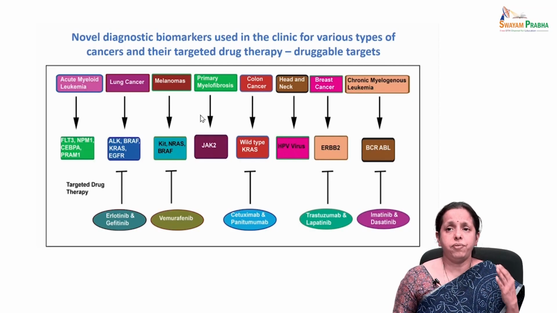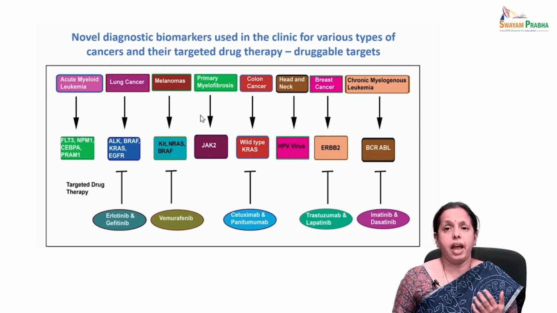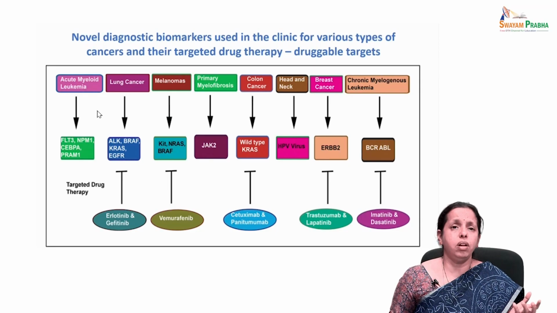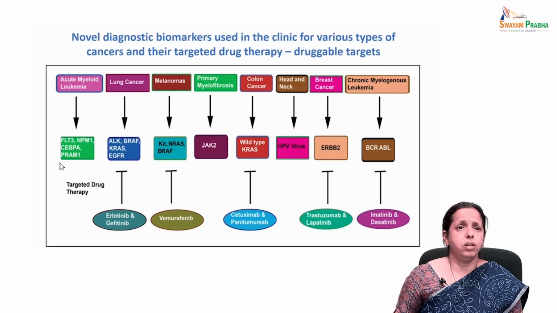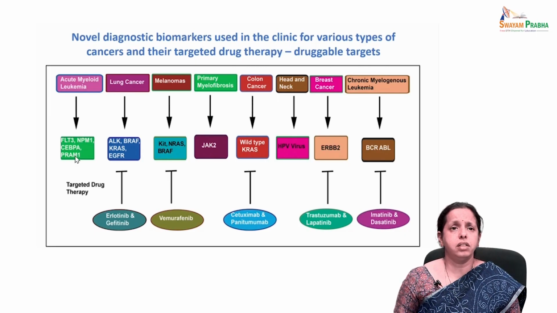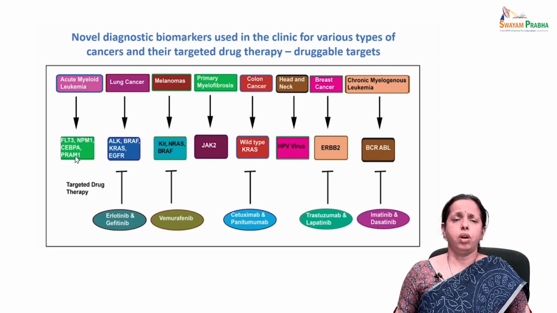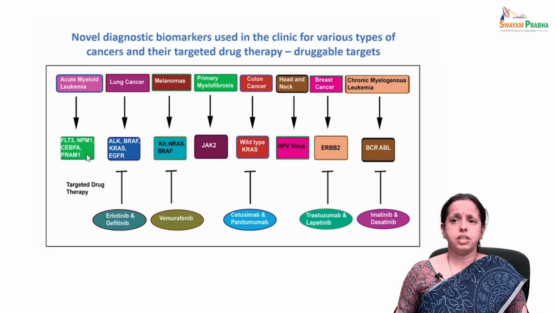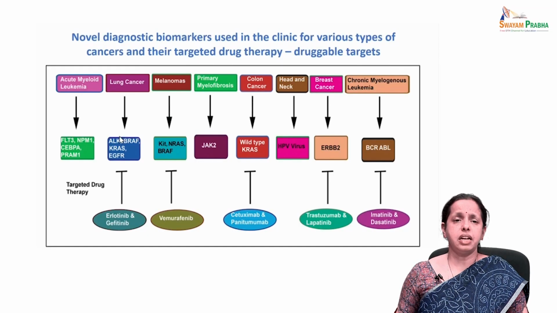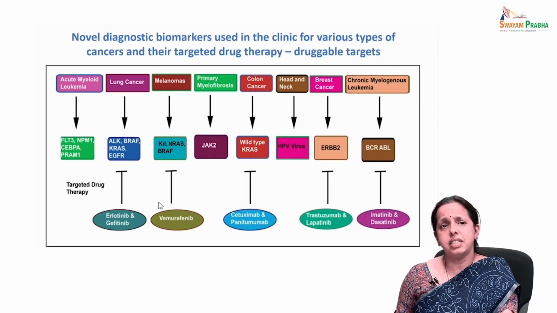For example, your FLT3, NPM1, CEBPA, and your PRAM1 in your ALL. These are all very important markers for leukemia. For all these AML panels, these are all very important markers. Your BCR-ABL, for example, will serve as a diagnostic marker. Many studies we'll be discussing in detail, like your ALK, BRAF, KRAS, EGFR